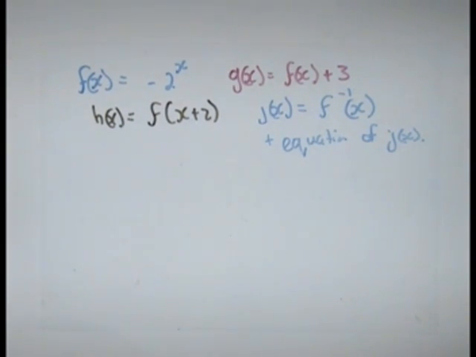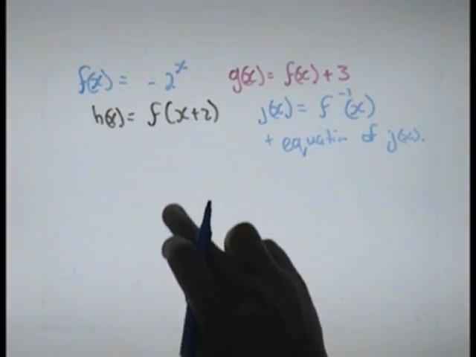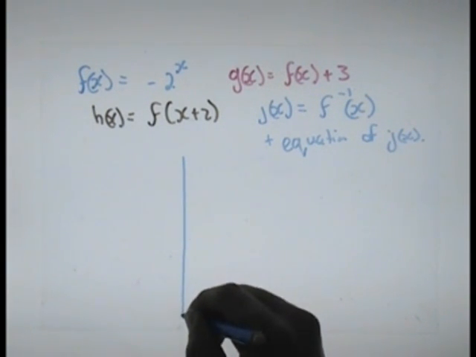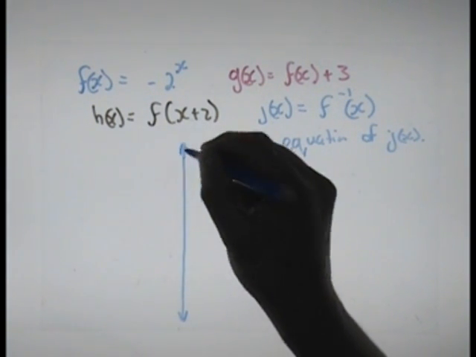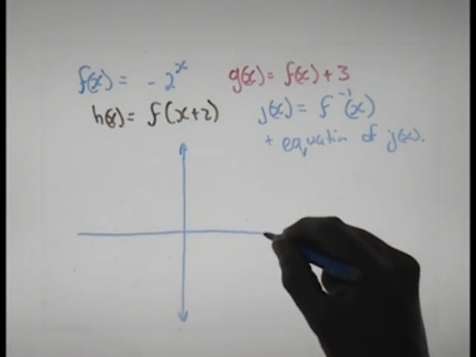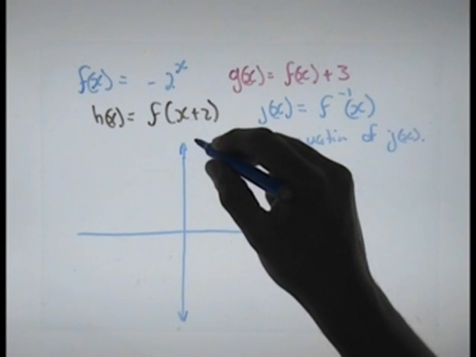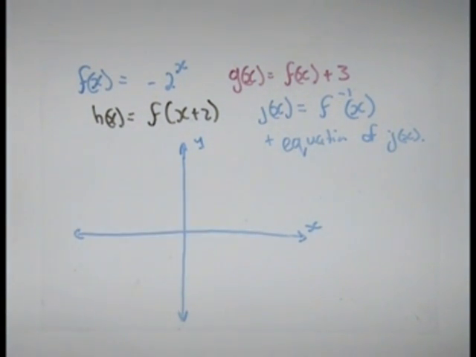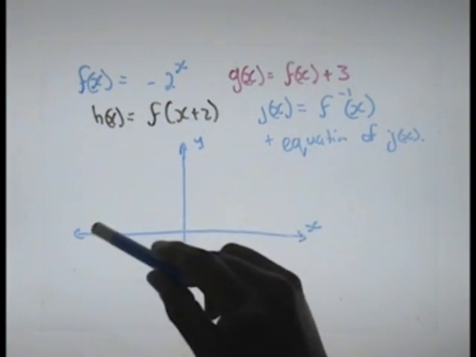We're going to start this one out by drawing the standard f of x graph. Going to start with my x's as usual. Firstly, f of x is equal to negative 2 to the power x. Now the standard graph f of x is an exponential graph. So it should be over here, following that pattern over there